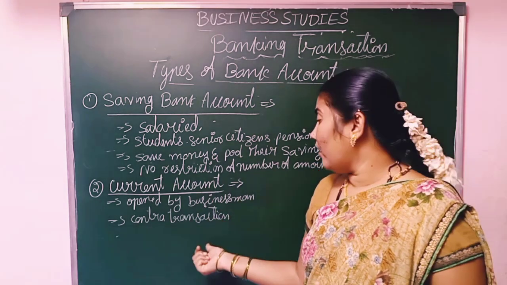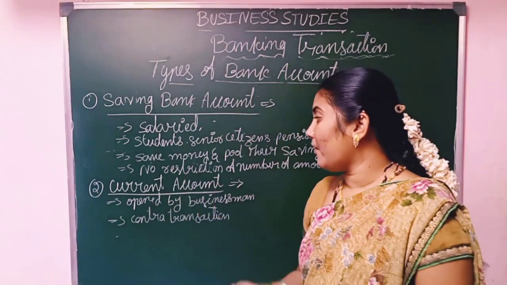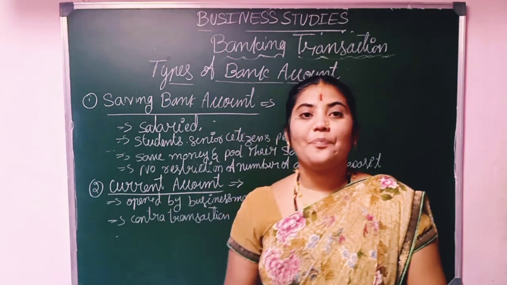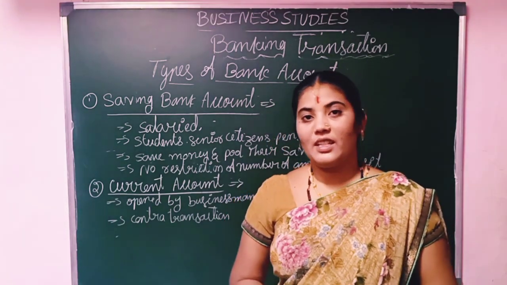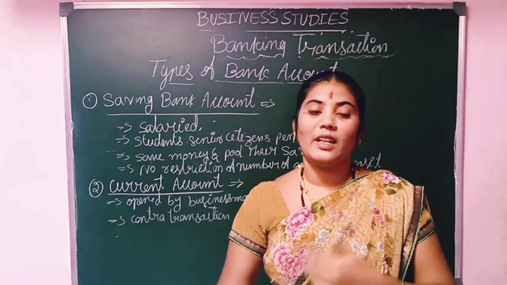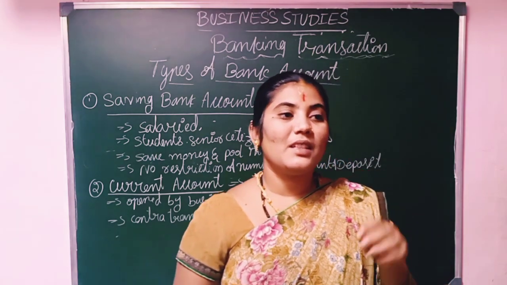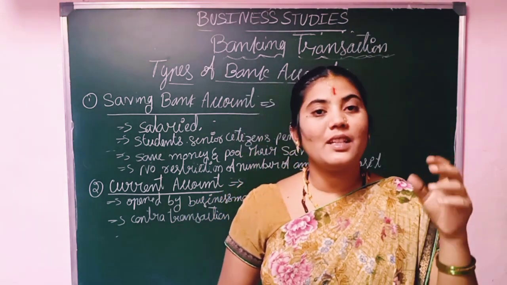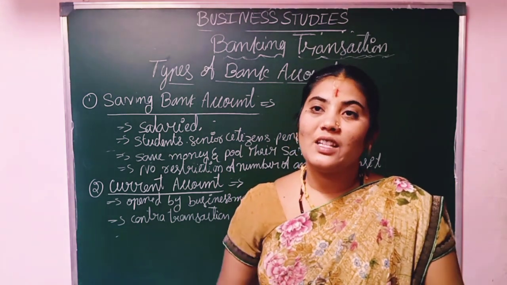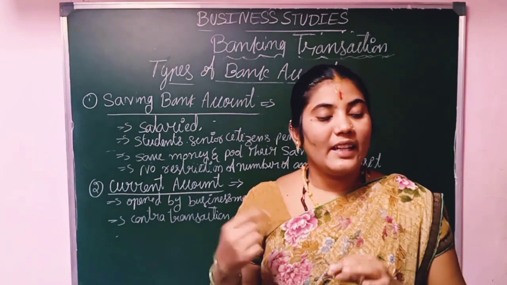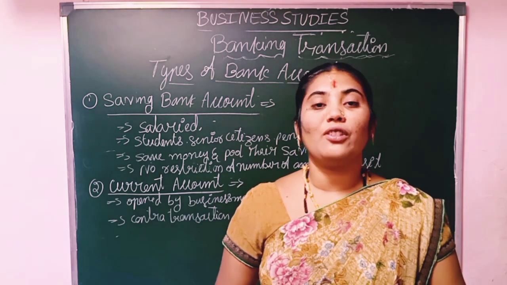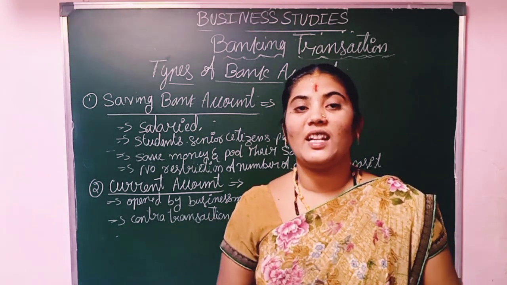So contra transactions we can also see in this type of current account. So it is very suitable for business persons. The deposit is there and the withdrawal is also available. Many times the persons who have a current account can transact the amount. Sometimes they deposit 1 lakh rupees, but within an hour or in the evening, they can withdraw that amount, but the bank does not give any interest for that amount because of the contra transaction we can see here.